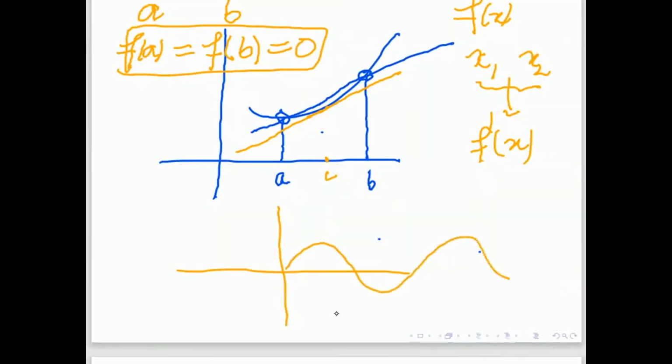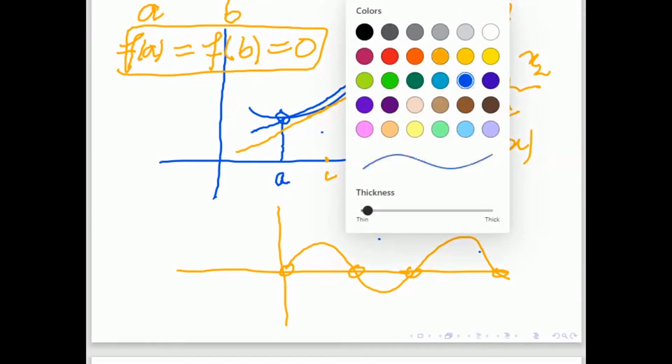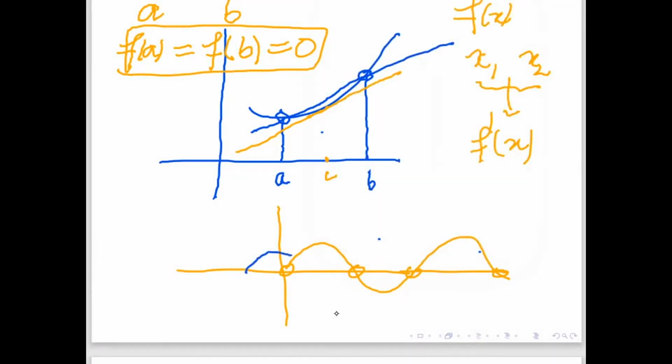Like this is the graph of sin x. So these are the roots of sin x, because sin x is 0. The derivative of sin x is cos x. So definitely cos x has a root somewhere here, and if you draw the picture of cos x, you know where the root is. So this is the root. So according to the mean value theorem, between 2 roots of a function, there is at least 1 root of its derivative.